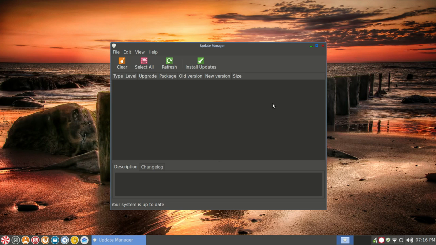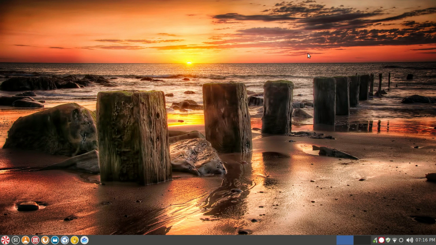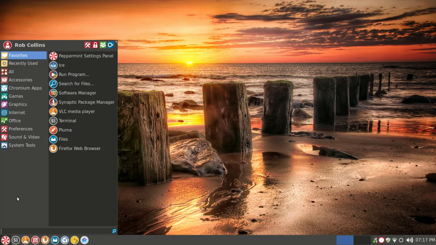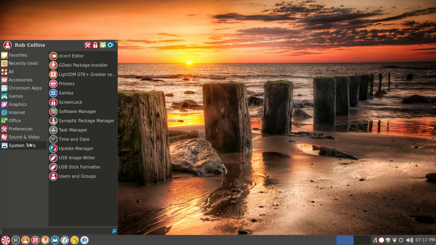Go ahead and reboot if you get an error, and it should install fine. The update was fast. The update manager is fast. Everything I've used in this OS has been fast and smooth and fluid. So, System Tools here. Now, pre-installed also was Synaptic Package Manager, and that is not always the case with Linux